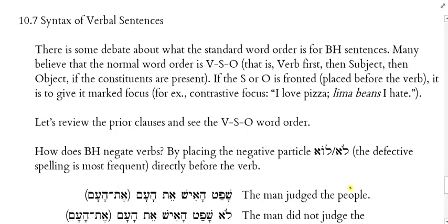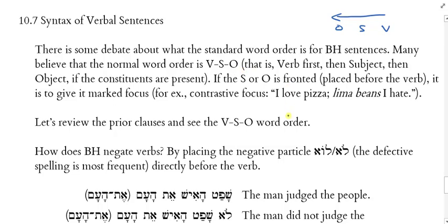Now, there's some debate about what standard word order in Biblical Hebrew is. Many believe that the normal word order is verb, subject, object. That is to say, verbs first, then subject, then object. Now, from right to left, in Hebrew, the verb will be on the far right, and then the subject after it, and then the object, okay? So in my English order, I'm putting the V in front of the S, but remember, we flip these things